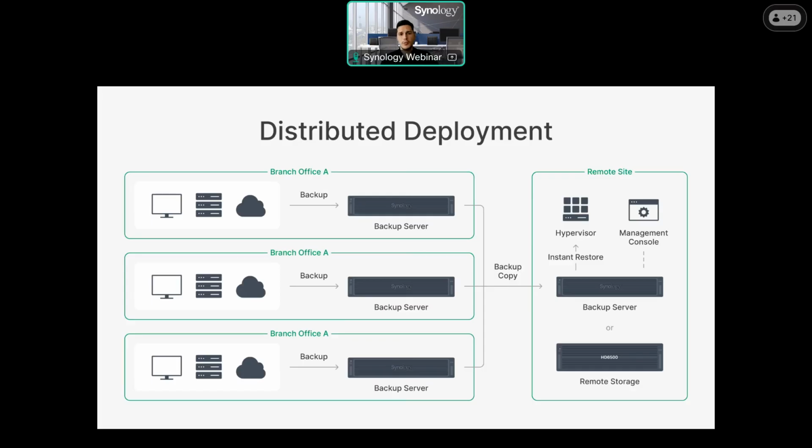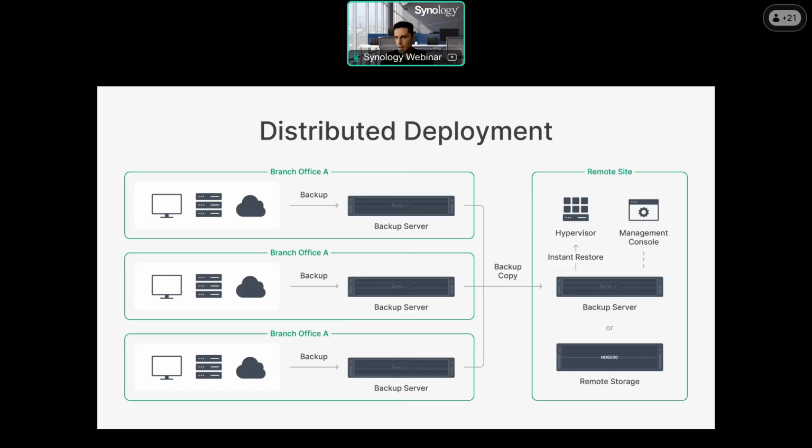We have seen how ActiveProtect Manager works in standalone and small multi-site setups, but it's built to scale much further. So you can centrally manage up to 2,500 backup servers or sites. For example, in headquarters, you could host the main management console and devices like a high-density 6500 for long-term retention